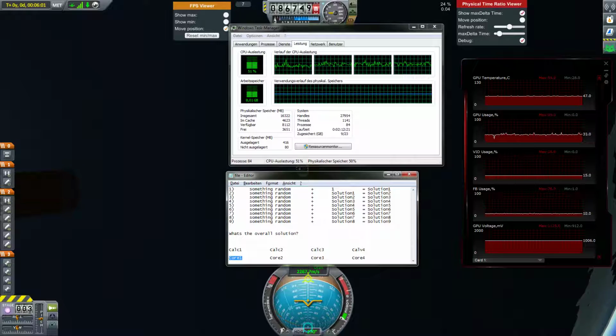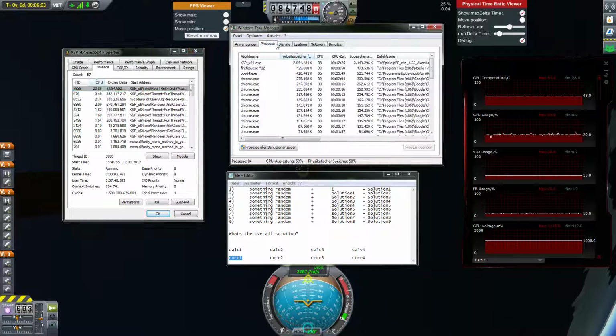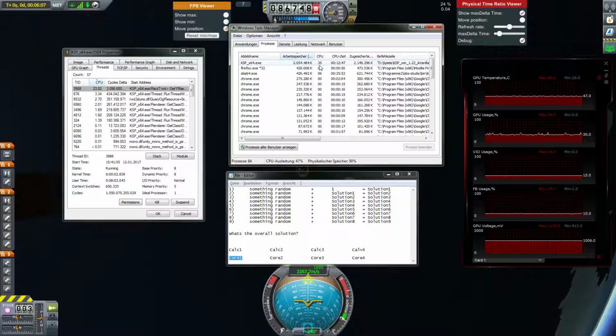You can see it even more when I pull in the Process Explorer window from Sysinternals. KSP is a Windows process. In my case, I play it on Windows. It's using 37% of my system CPU power, which means it utilizes 1.5 cores. If it would utilize 2 cores, you would see 50% here. If it would utilize 4 cores to the max, you would see 100% here. But it only utilizes 1.5 cores. And we have really low frames, so it would be cool if it utilized all 4 cores, but